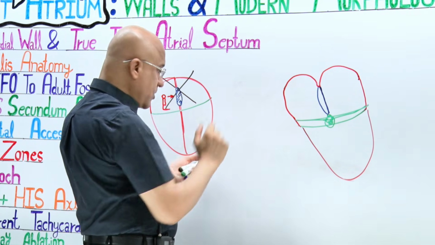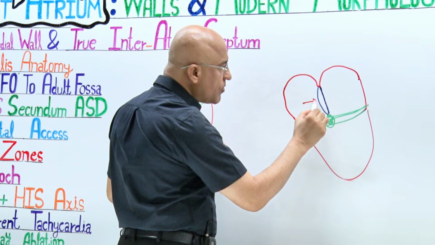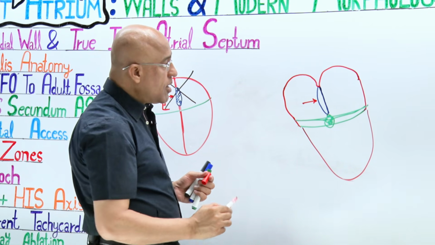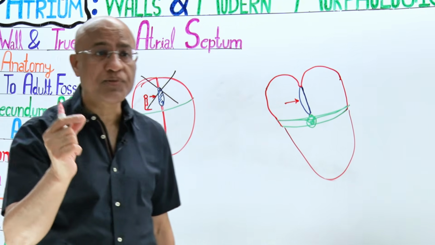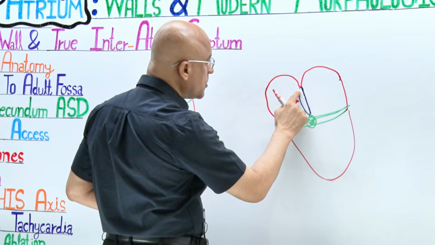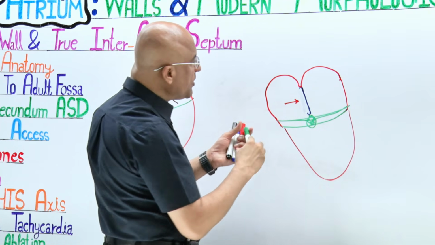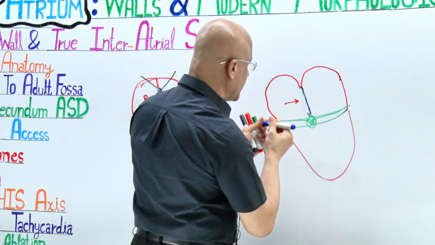You can see, if you're looking from here, you are looking at Fossa Ovalis. But Fossa Ovalis, it's a very thin membrane, especially the floor of the Fossa Ovalis is a very thin membrane. So, okay, let me make it blue. Now this is a very thin membrane. The beauty of this thin membrane is,